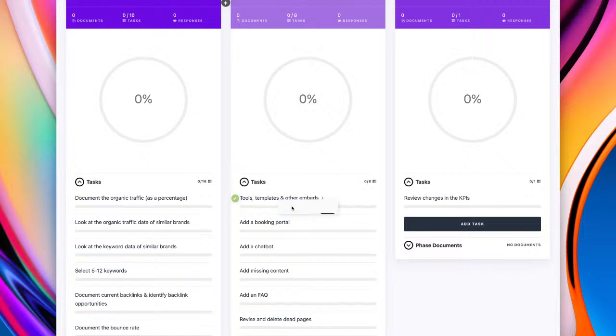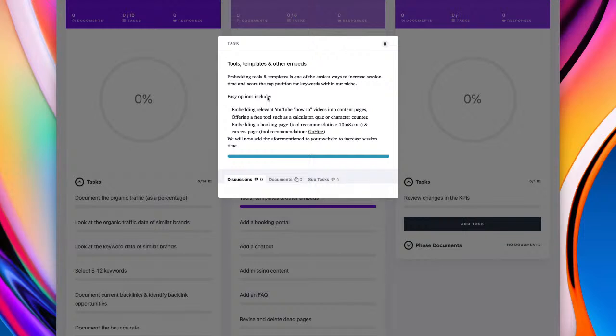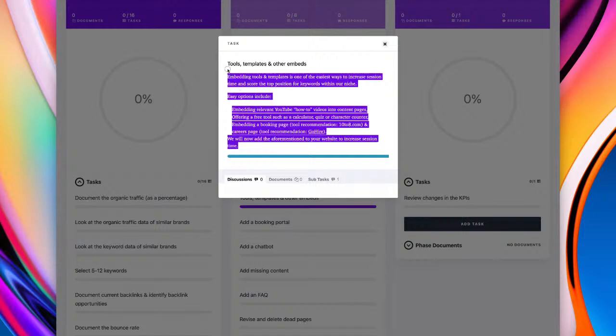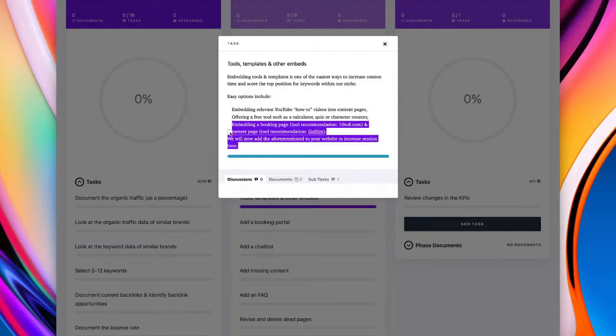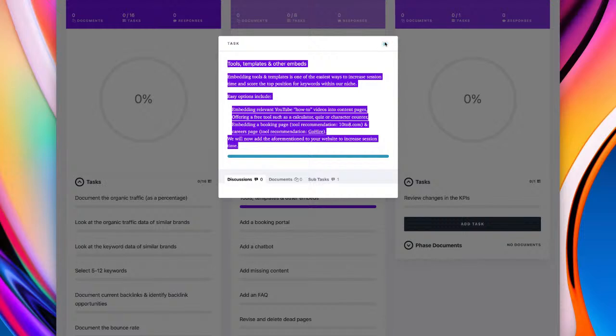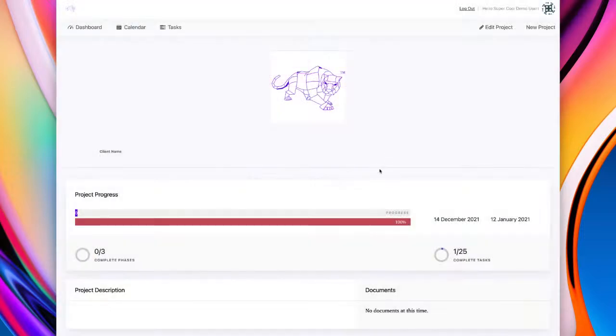And you can select what percentage of the task is done. And you'll see the little purple bar fills in as you complete it. If you click on a task, you will see the explanation for the task right there. Okay. And then if you want to edit the project at any time, you click here,